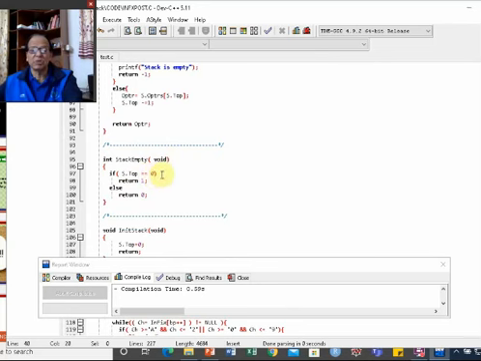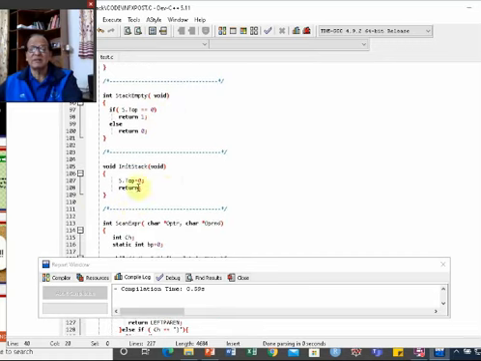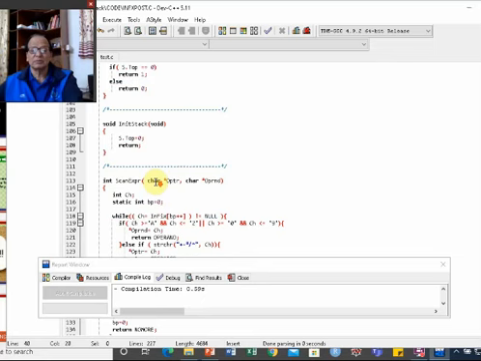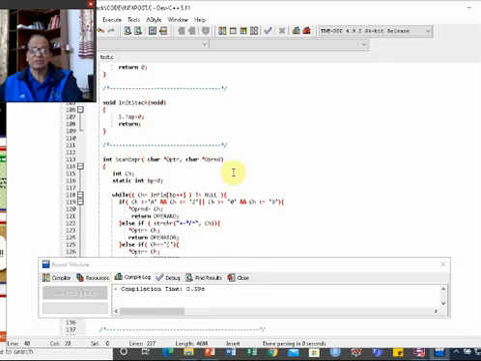S dot top is 0 means the stack is empty, there is nothing, so it will return 1, otherwise it is going to return 0. And init stack is used at the beginning to initialize the stack to 0, top to 0, so that we can proceed with the analysis of the expression.